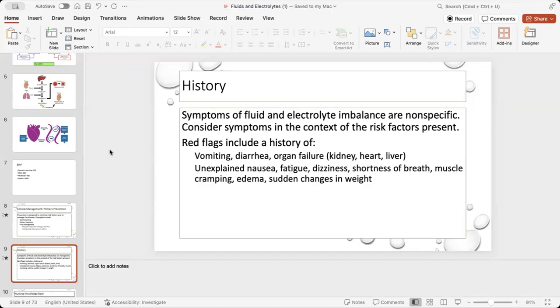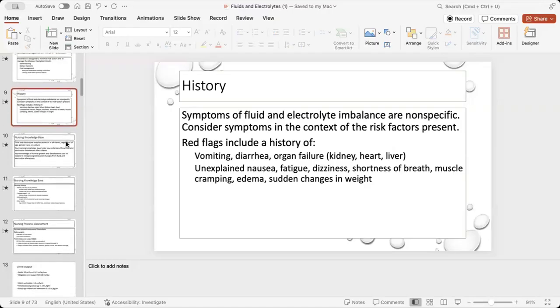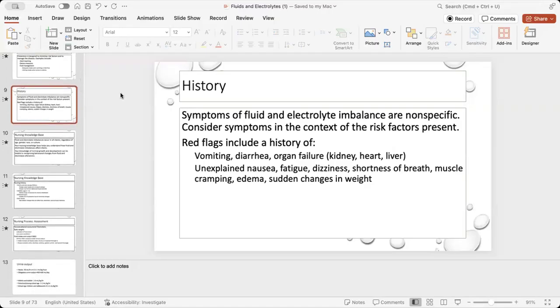If a patient came in with nausea, dizziness, muscle cramping, could that be a lot of different things? Are you automatically thinking, oh, must be sodium? Must be potassium? A lot of variety of different things. They can be very non-specific. Okay. Vomiting, diarrhea, I mean, that's pretty specific. You know that they're going to be in a fluid loss. Okay.